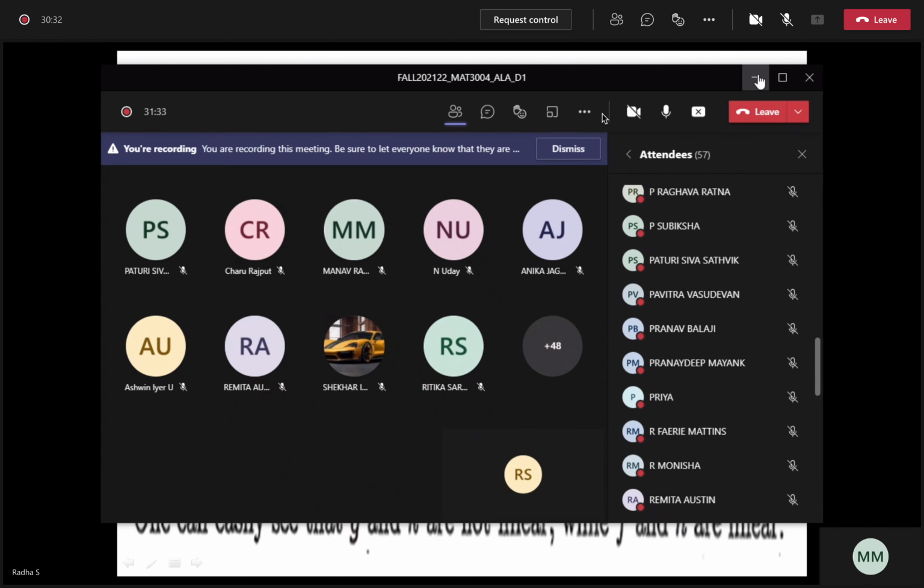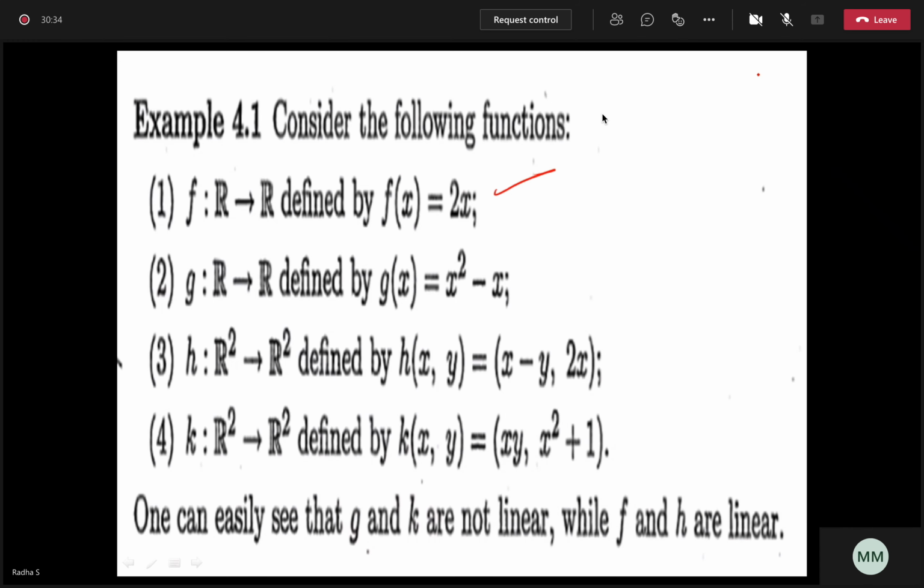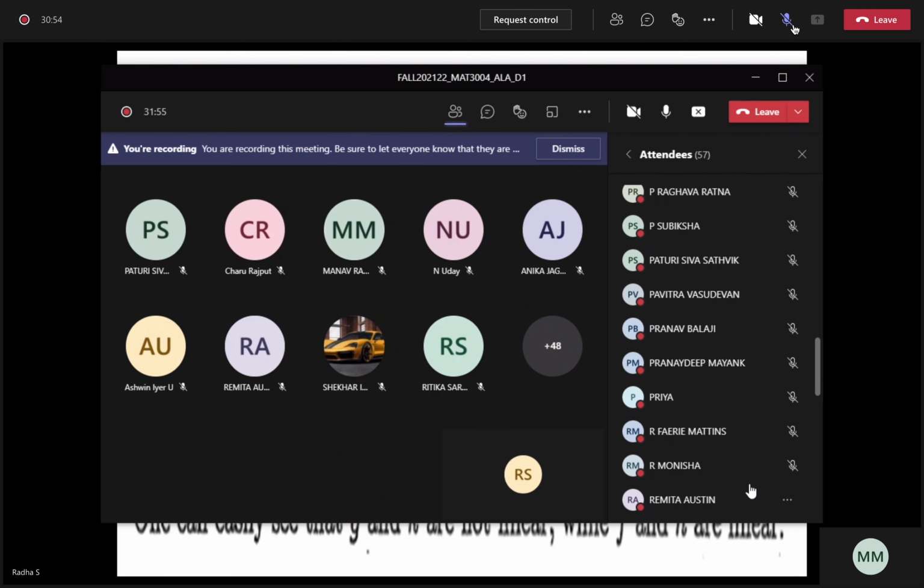Monisha, are you there? Monisha. I'm feeling bad to treat you like school children, but the thing is, you are not listening. Monisha absent. Then